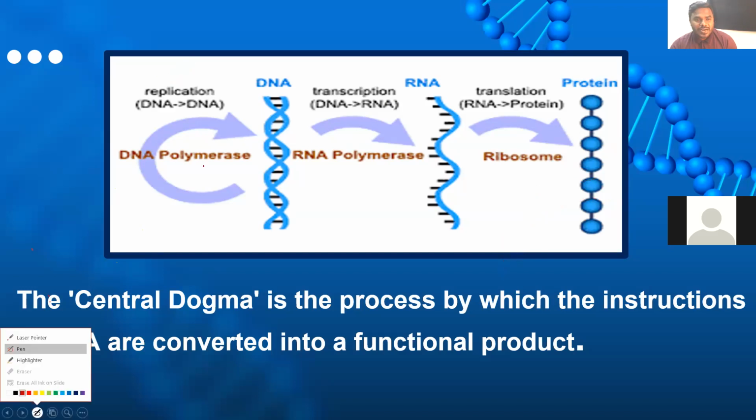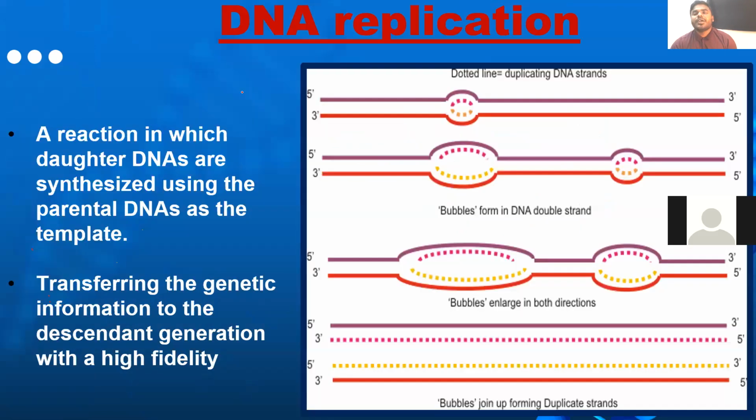Now, next, let's start with the replication. What did I say to all of you? When we want to read replication, we have to first read all the basic rules involved in DNA replication. We have to read all the enzymology involved in DNA replication. Then only we have to read the process. Without reading the rules and enzymes, most students just keep the book and keep on reading the process. That's a waste. You have to know from very basic to advanced level about the enzymology. Then only can you understand it.